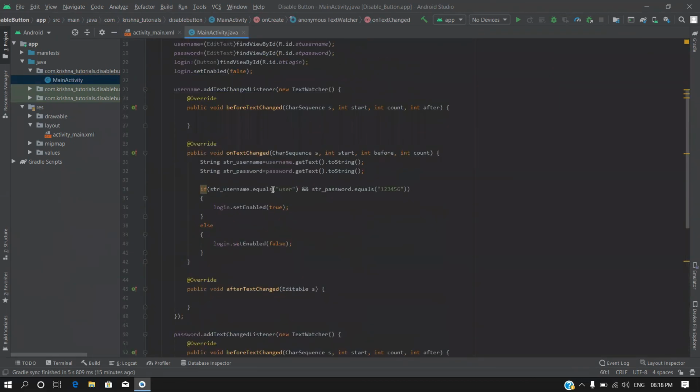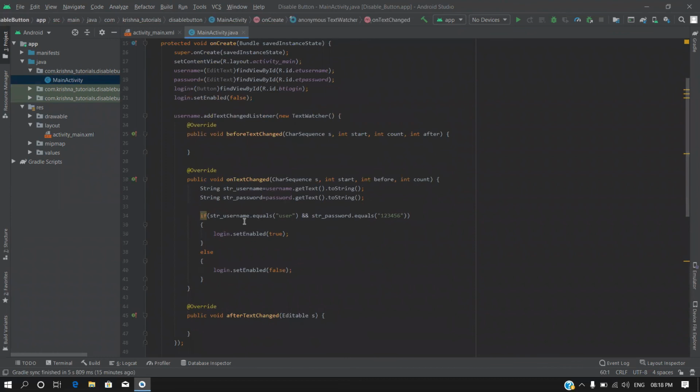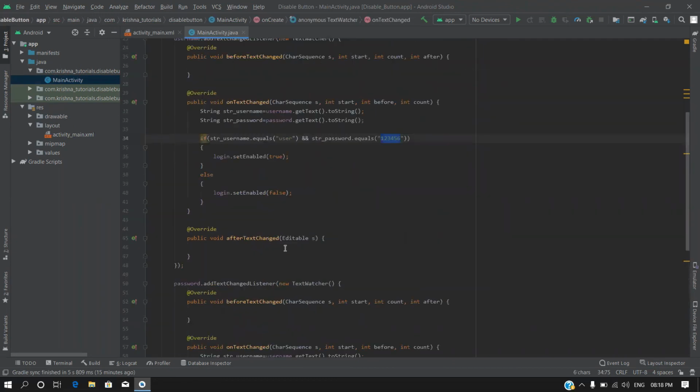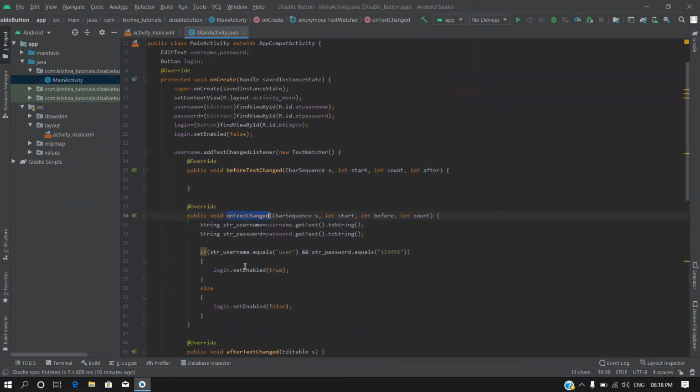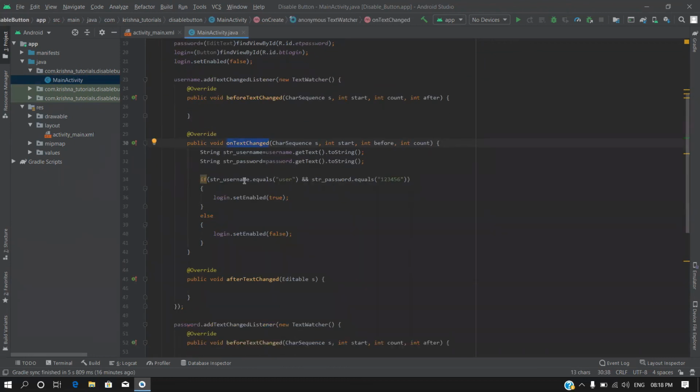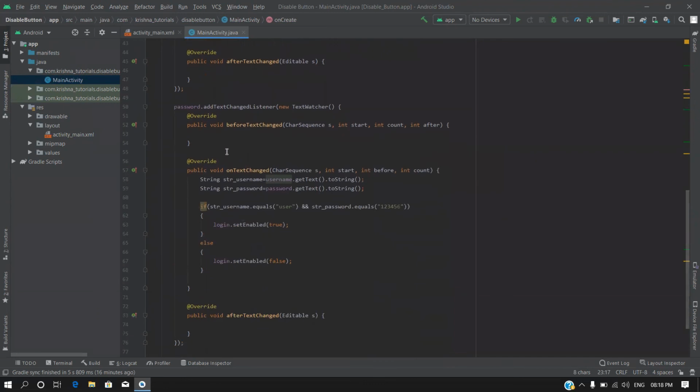So it will perform the same action, and whenever the username matches with this given string and the password matches with this given string, then and only then the login button will be enabled, or else disabled. This method will be called after changing text in the username edit text widget, and this method also gets called when we change some text in the password edit text.